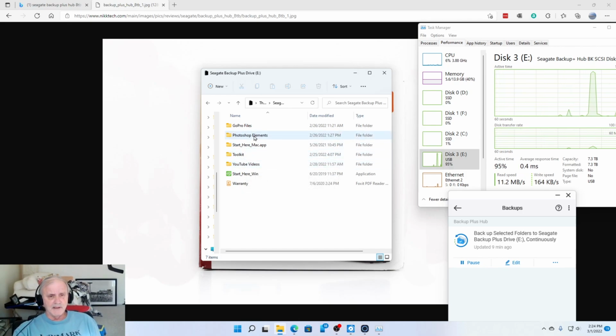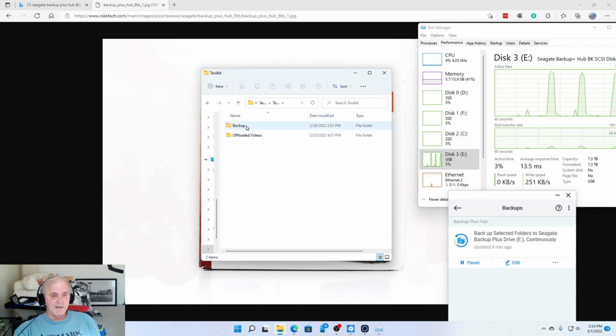Photoshop Elements, by the way, I'm at, let's see what we got here, 49 gigabytes, and not much here probably. The GoPro files, it's empty right now. Toolkit, so you have to leave the name here, is at least what I found. And Toolkit has my backups in it,